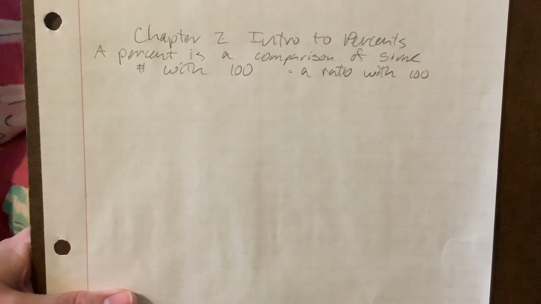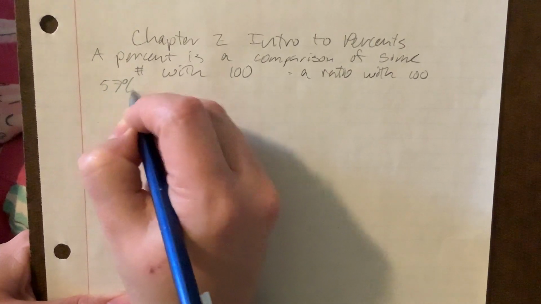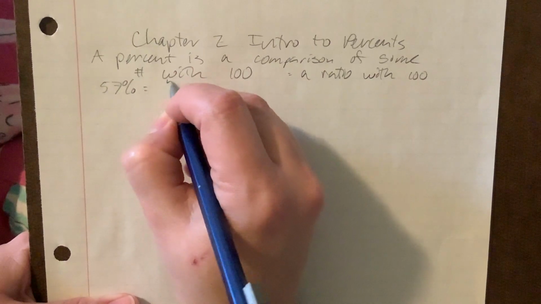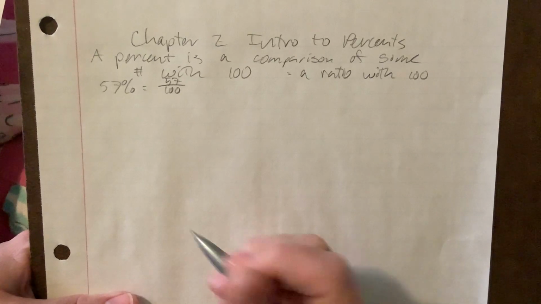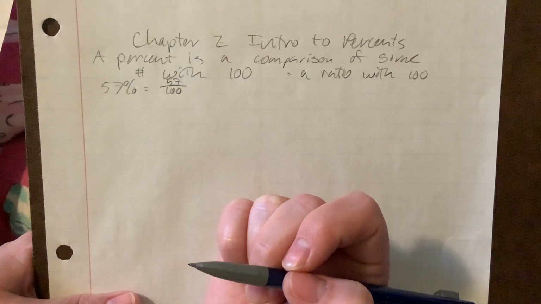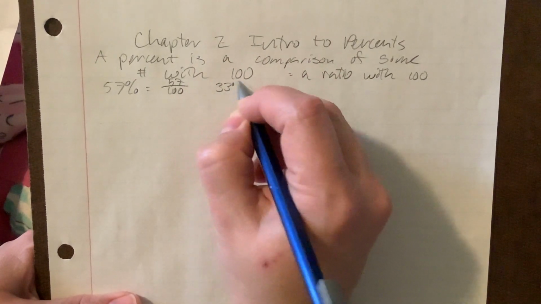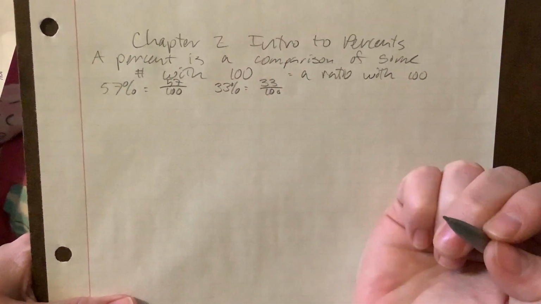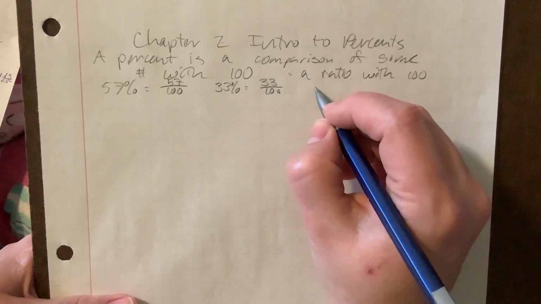So to go that way, if we have the percent of, say, 57%, to write that as a fraction, what this really means is 57 out of 100, or 57 hundredths, okay? So if you have just a double-digit percent like that, you can just write it over 100, and you're done. So, for example, 33% as a fraction means 33 out of 100. Okay, and this works with percents that are bigger than 100%. So like